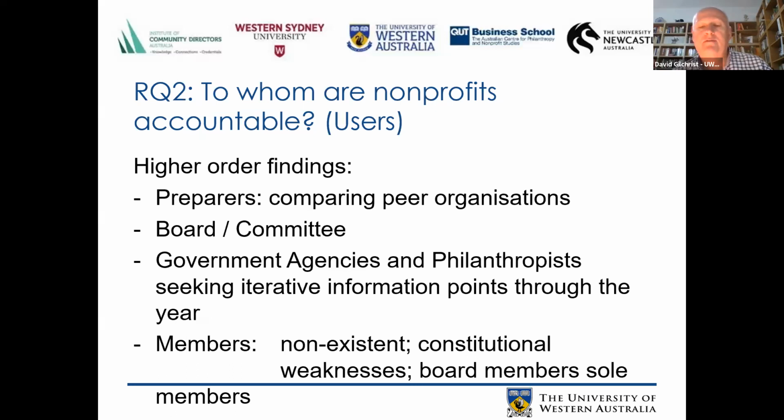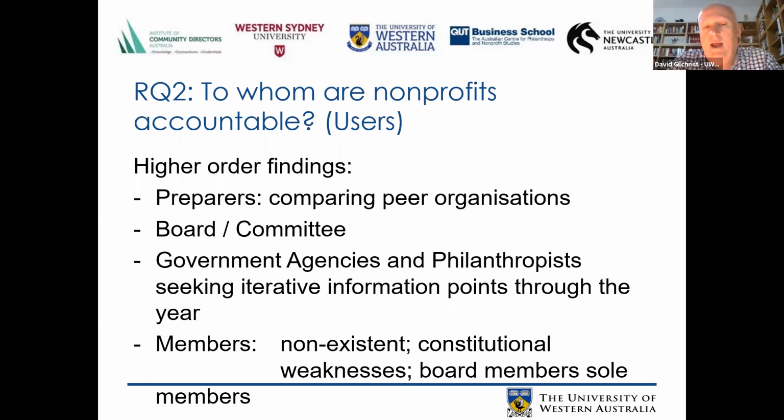Finally, members were also identified for the reasons I said before in relation to COVID, but some key challenges were discussed by both preparers and also auditors in relation to the status of membership of not-for-profit organisations. Like companies, members have a very important constitutional and governance commitment to organisations. They're there not only to enjoy the benefits of being members of a not-for-profit or charity, but also to be able to challenge the board and to make sure that the board is doing everything it needs to do from a governance perspective. In this case, it was identified by preparers and also by auditors that there were organisations where members were non-existent. The only members were actually board members themselves, and that there is a very strong constitutional weakness here